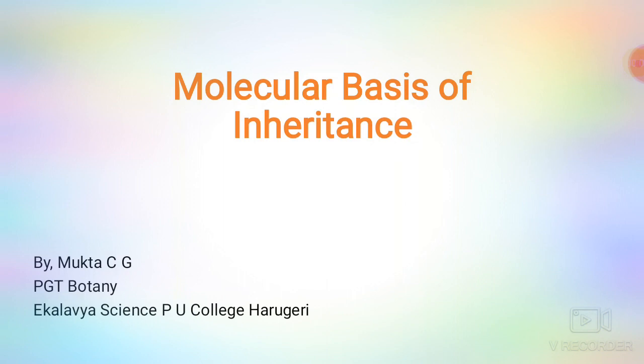It means if one chain has the polarity 5' to 3', the other chain has 3' to 5'. And next, the bases in the two strands are paired through hydrogen bonds, that is H bonds, forming base pairs. See here, adenine pairs with thymine and guanine pairs with cytosine.